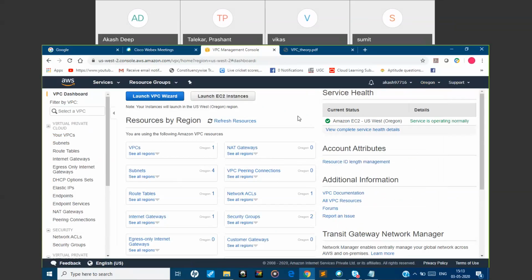That is the configuration AWS provides for us. But when you design your own VPC, you have the freedom to select whatever you want. If you want 2 subnets, you select only 2 subnets. But the VPC will be one.